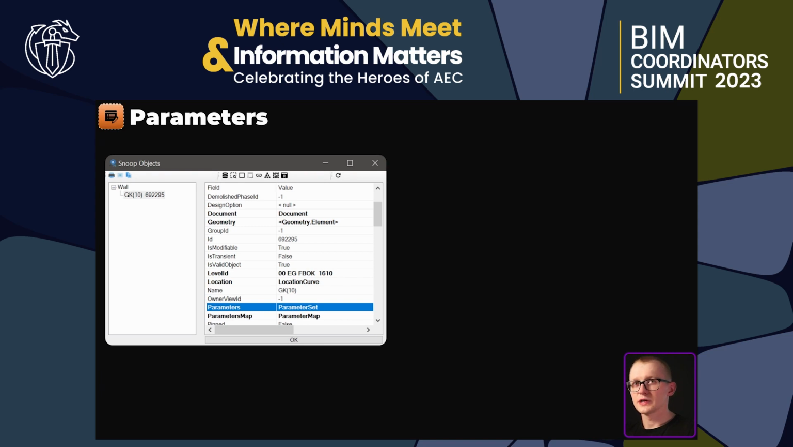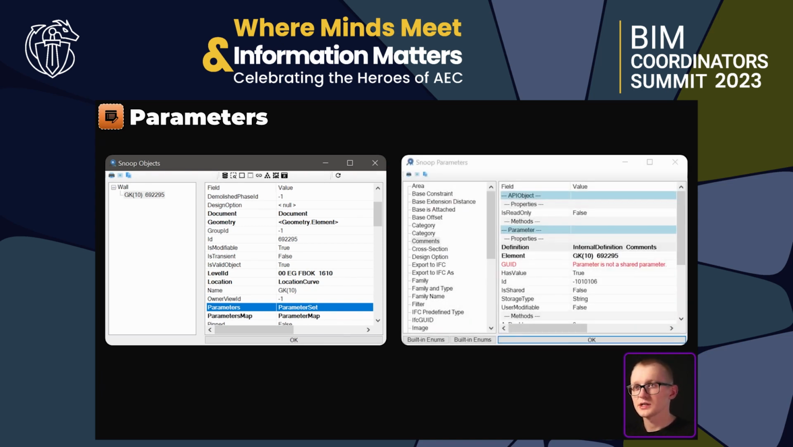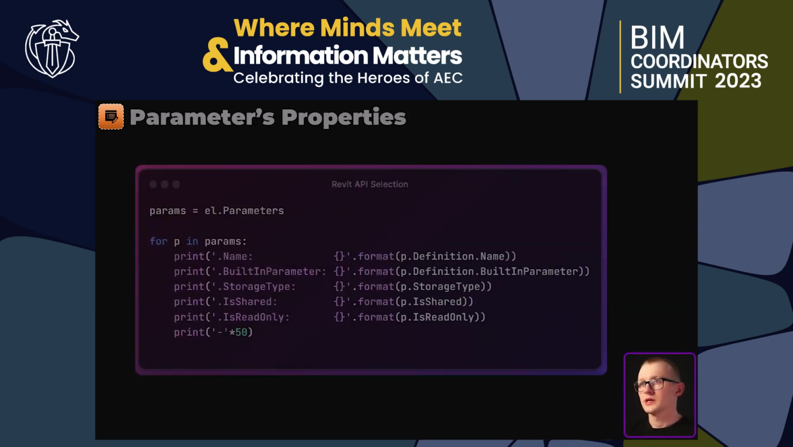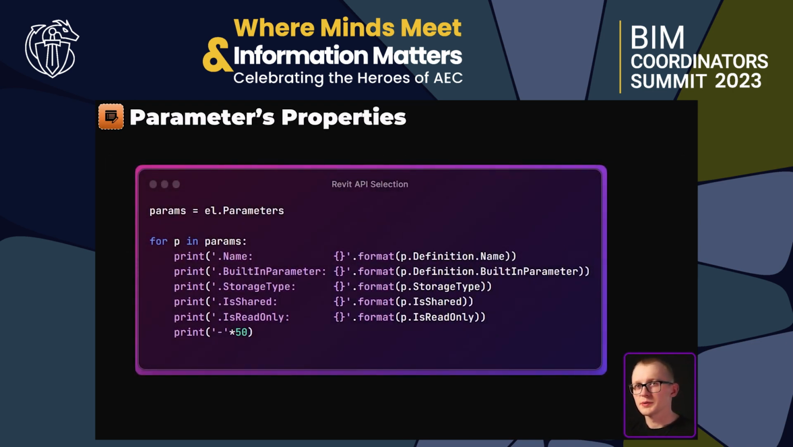If you're gonna look with Revit lookup inside your elements, you'll notice there is a property called parameters. And if you click on it, it's gonna open a new menu where you will see all your parameters on the left, and these are instance parameters. And then you can explore its properties and methods. Here's a code snippet where we can get all of the parameters, iterate for them, and then we can print each parameter definition name, definition built-in parameter, storage type, is it shared, is it read-only, and you can also read many other